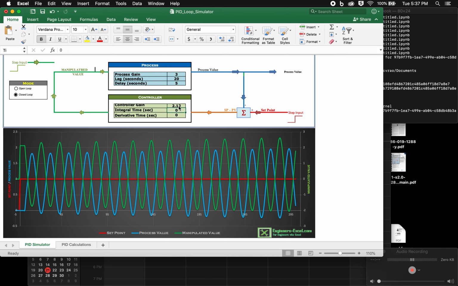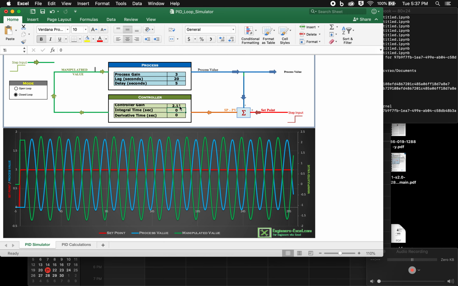And that looks, let's go back to 2.11, and then now we got stable oscillations. So again, we can now think about Ziegler-Nichols tuning rules, right? So if we want to do a PI controller, and that's normally the controller that we want to use,